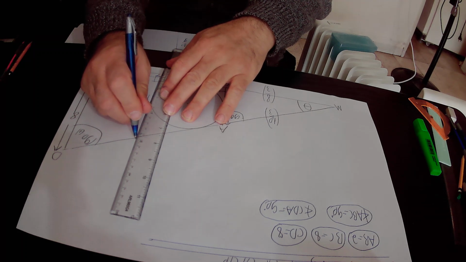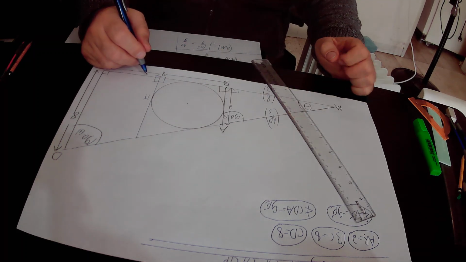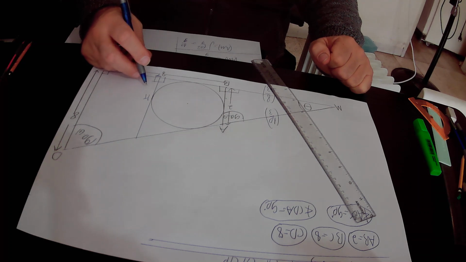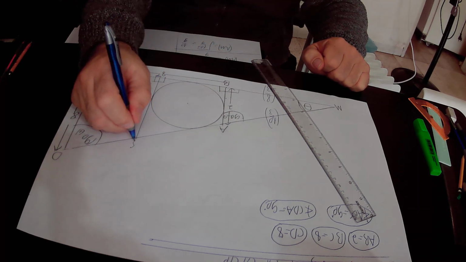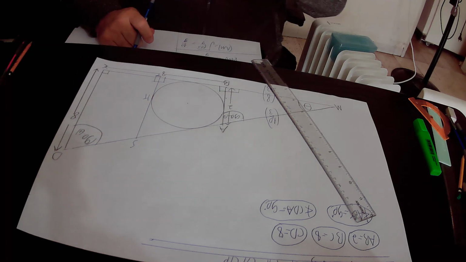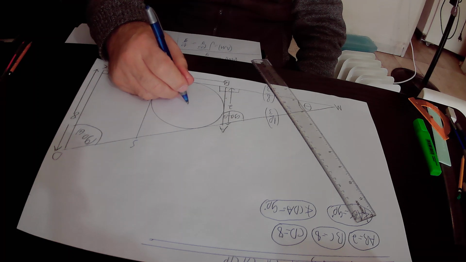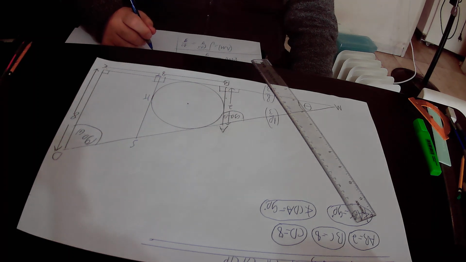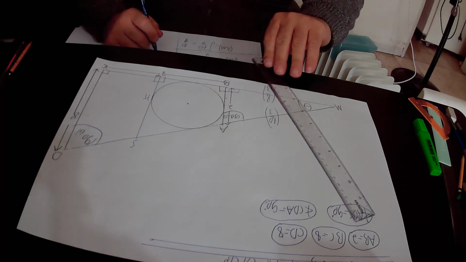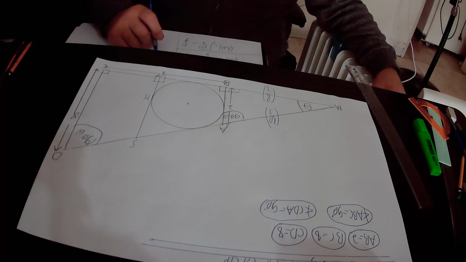And we will define the touching point of the extended perpendicular TK with side AD as point S. So by doing this construction, we created